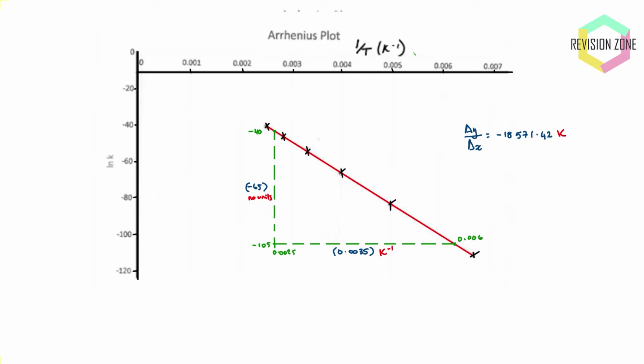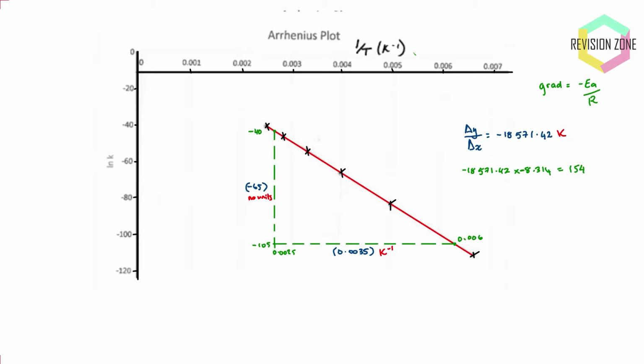Now you should also know that getting this gradient, I need to times my gradient by the real gas constant. And I've obviously got this exact number in my calculator still. I'm not going to use the rounded version here. And it's got to be times the negative of the real gas constant, because that's given by the gradient being equal to minus EA over R. So I'm just going to times by minus R on both sides. That gives me